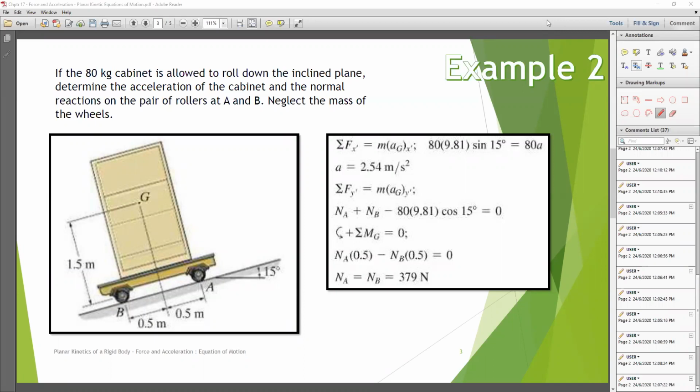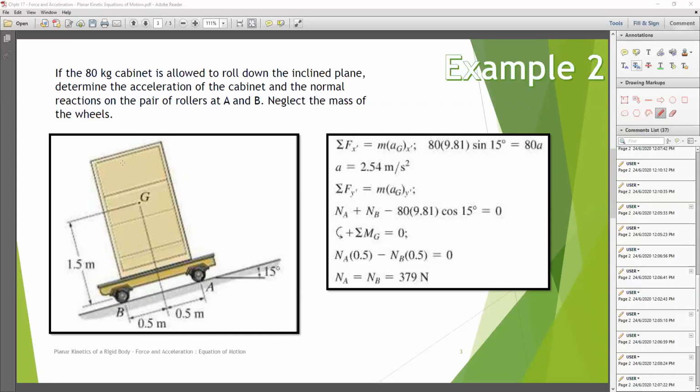Okay, on this example number 2, slightly different from the previous example. Here we have a sort of a chart as well, but you can say something else like trolley, okay? But it is on an inclined plane. And here we have a cabinet which